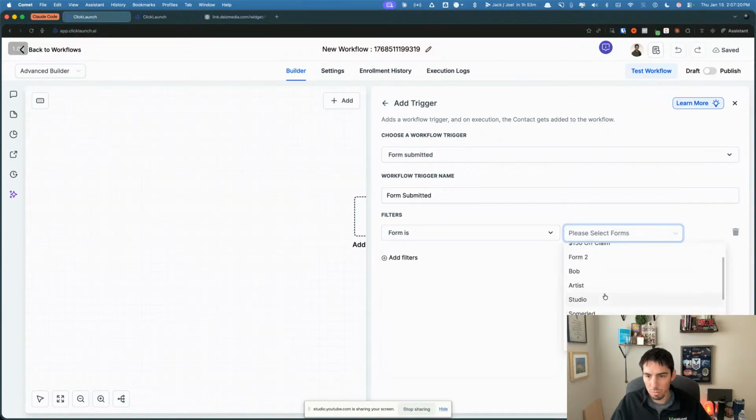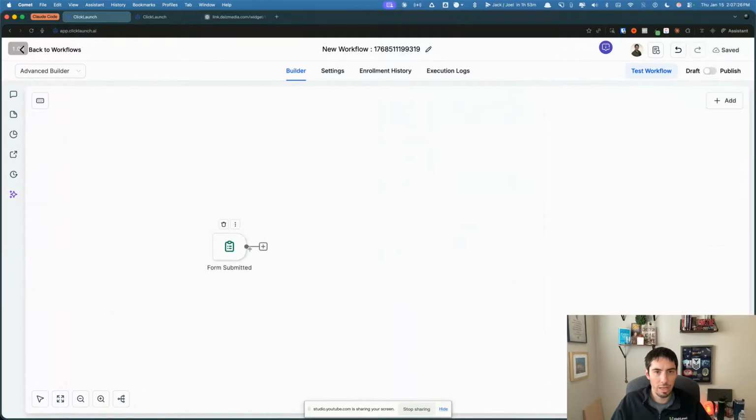So this form, I think I called it interest form, something like that. We're going to save the trigger. So now we have the trigger there, and we'll name this workflow to be lead scoring. And now that we have the trigger when they enter, next thing we're going to do is I'll actually just